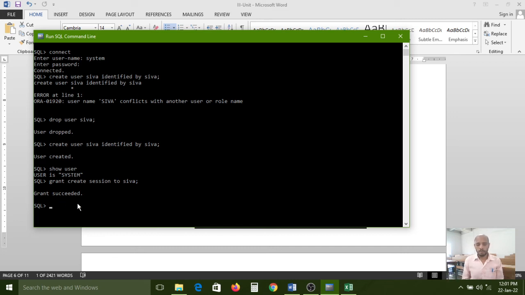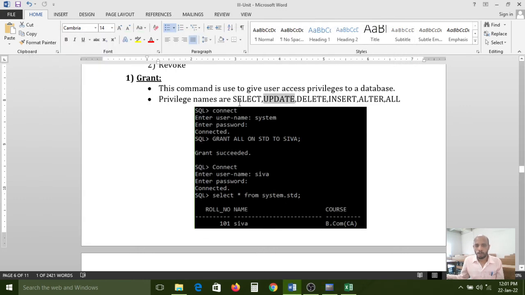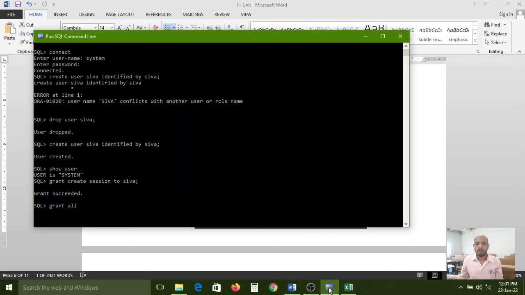Now I am giving the permission. Grant all. All means all permissions. Carefully observe how many permissions we have: select, update, delete, insert, alter, all. If you give all permissions, then all access will be given to the other user, from system to Siva.